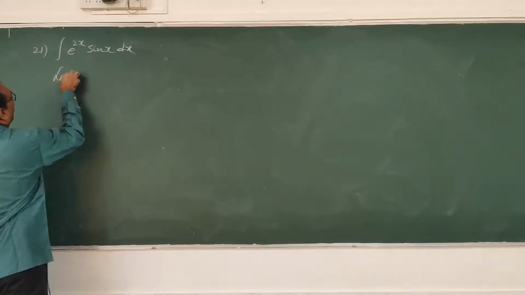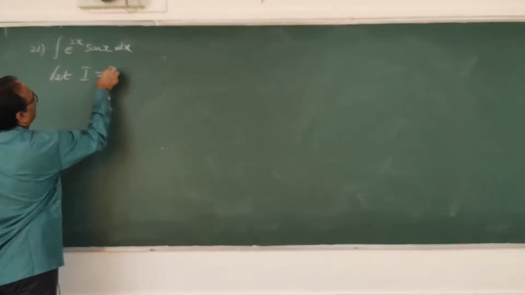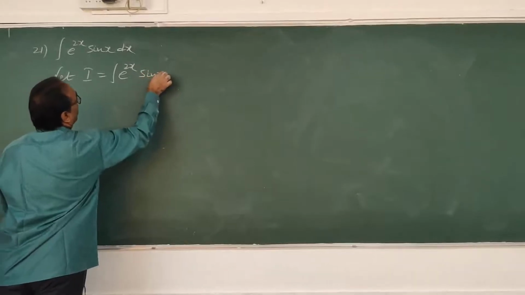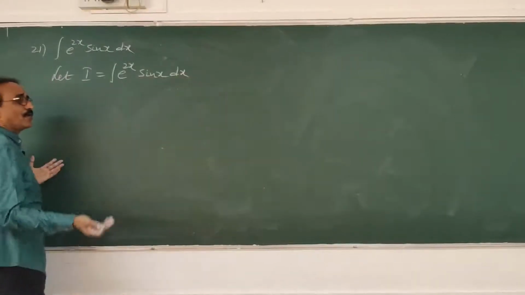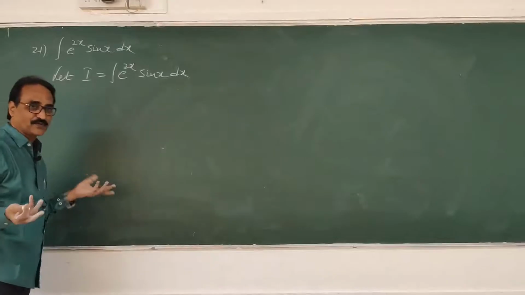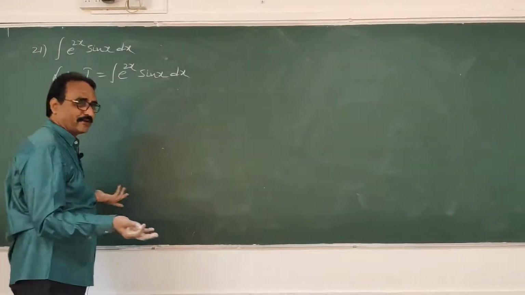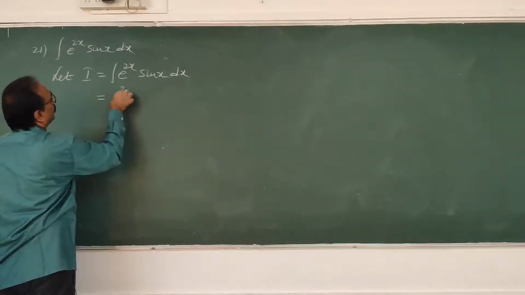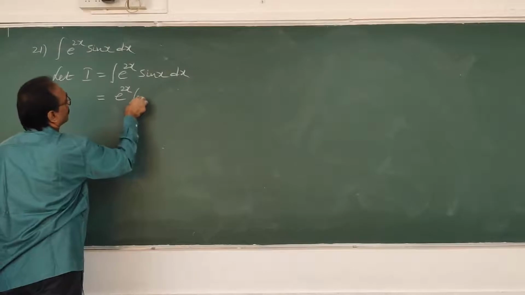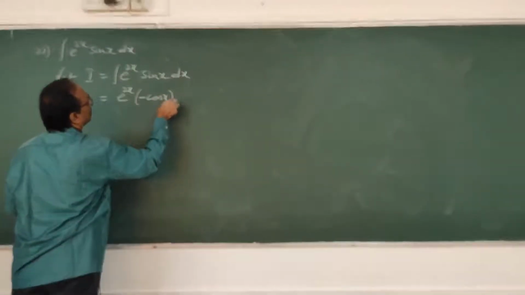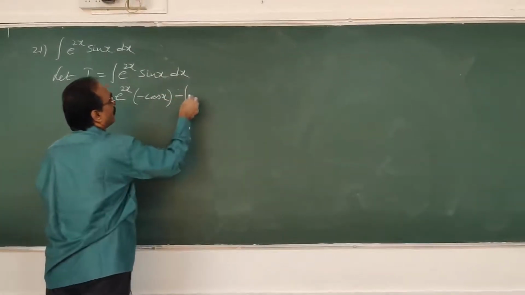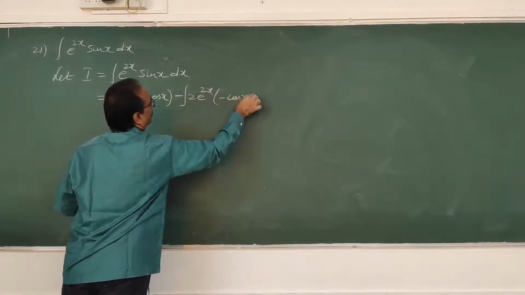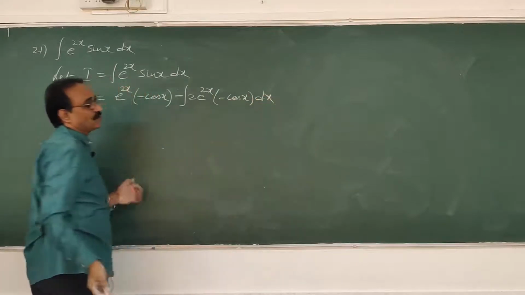you should say let I is equal to, I means integral, I is equal to integral e power 2x into sin x dx. Now you can take any function as first function, any as second function. Both are integrable, both are derivable. So now if you take this as first function, e power 2x into integral of sin x, minus cos x, minus integral derivative of e power 2x, 2 e power 2x into integral of sin x, minus cos x dx. Because we are ending the exercise, we must be very good.